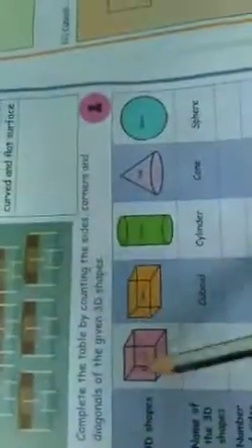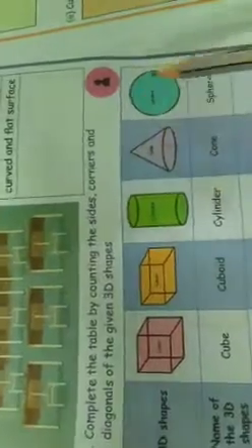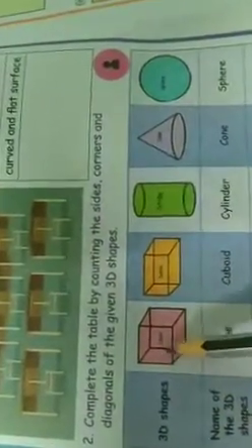Last class we saw about the diagonals, 1.2 diagonals of cube and cuboid. That means rectangle. Okay? Now in this class we see about 1.3 properties of 3D shapes, 3D objects. You already know very well what the 3D shapes are, yes? That is cube, cuboid, cylinder, cone and sphere. These are the 3D shapes. Now we are learning about the properties of 3D objects.